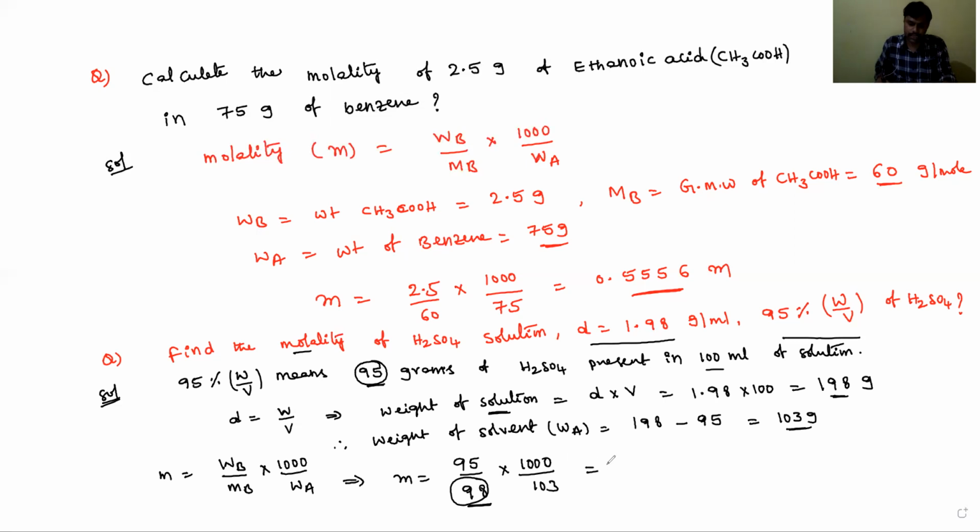So 95 divided by 98, into 1000, divided by 103. On simplification we get